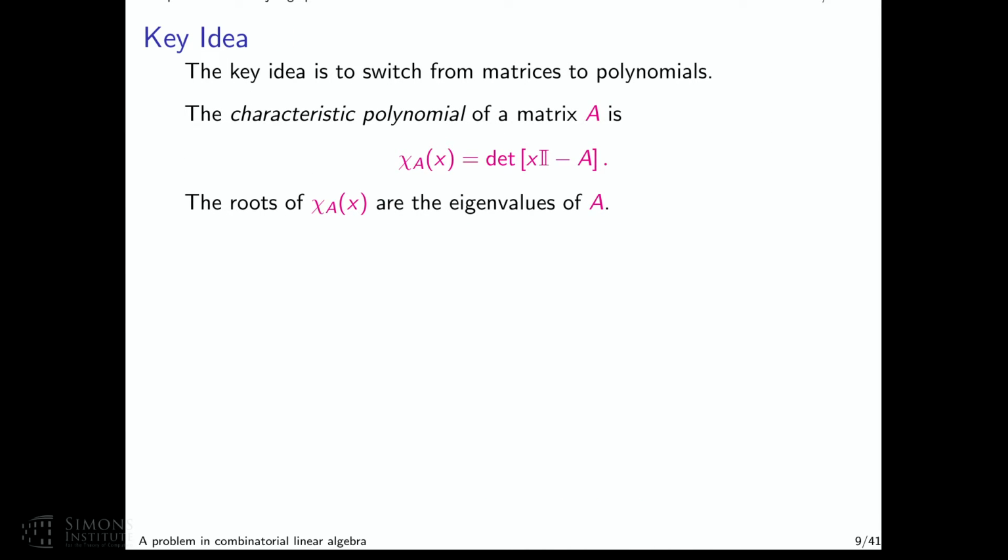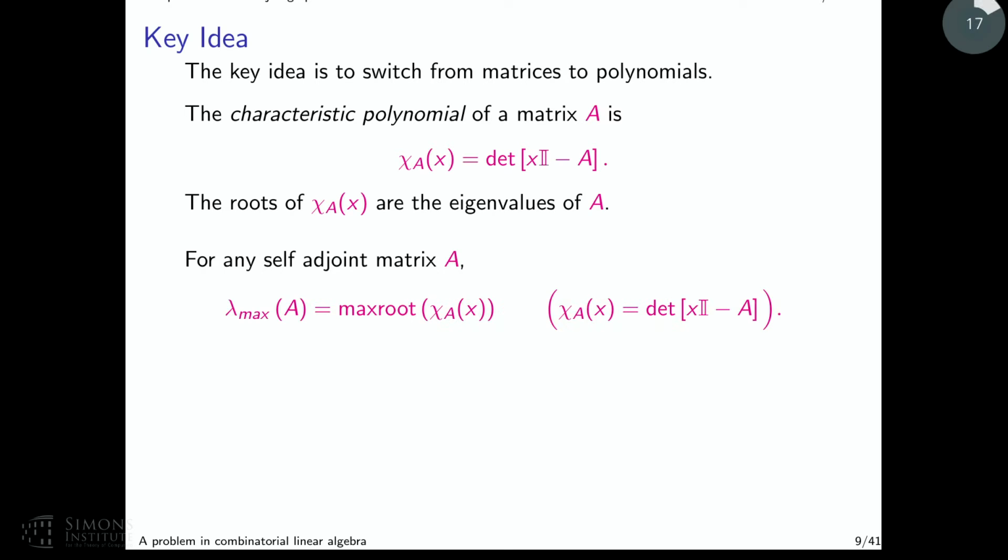And the key idea for us was to switch from matrices to polynomials. So the characteristic polynomial of a matrix is the determinant of x times the identity minus that matrix. And the key fact is that the roots of the characteristic polynomial are the eigenvalues of A. So for any self-adjoint matrix, we can replace this lambda max of A with the maximum root of the characteristic polynomial